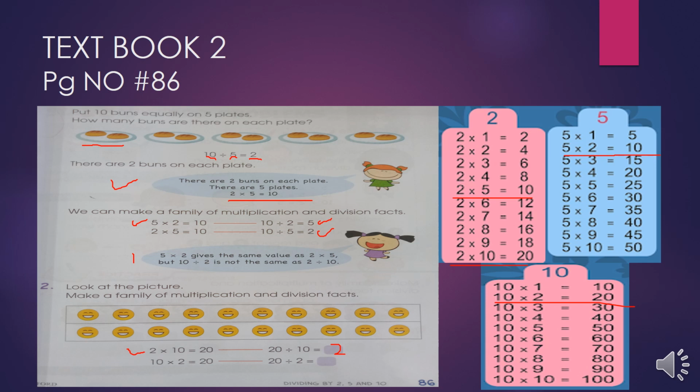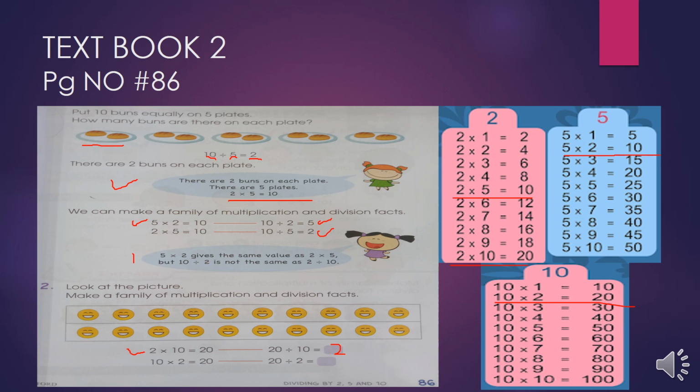Coming to the second equation, 10 multiplied by 2. 10 is the total number, and how many groups are there? 2. 10 multiplied by 2, again the answer will be the same. We are only flipping the numbers. So 10 2s are 20, and when we have to make the division sentence, 20,